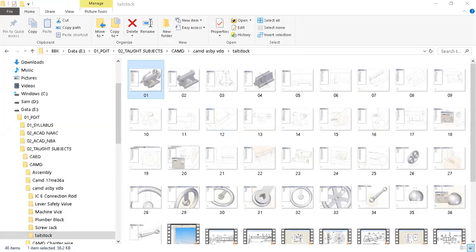So next, this is the body. To make this body, these many commands we have to use. For just one body of a tailstock, we need to use these many commands in combination. As in the last class we discussed, you can right click on this one and suppress that, so that the command will be there but it is hidden from the view.